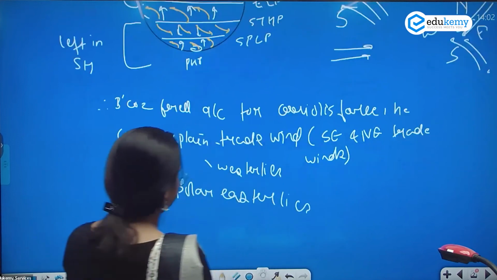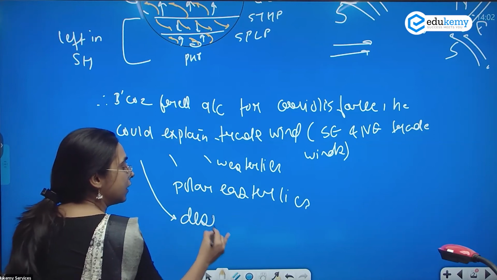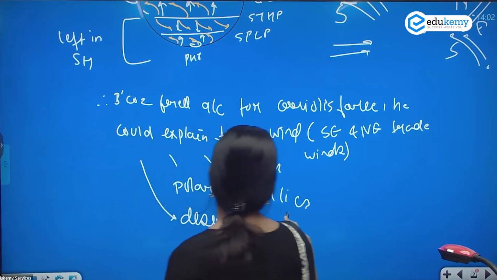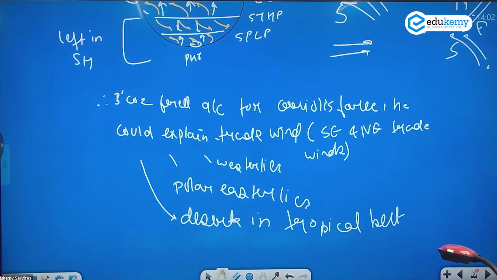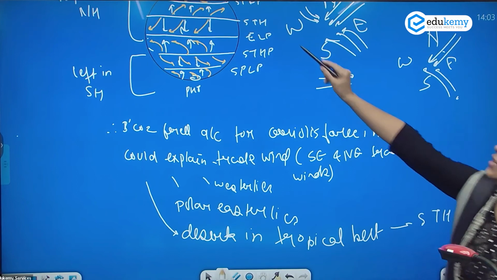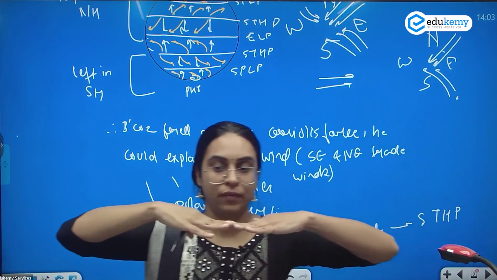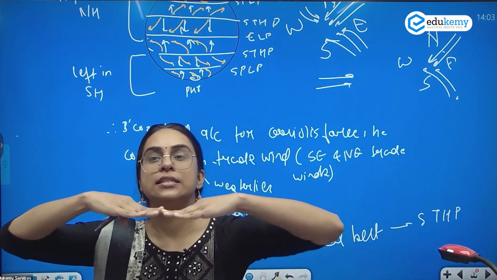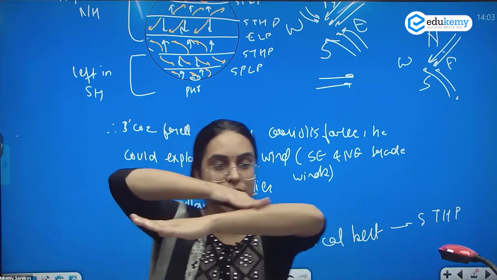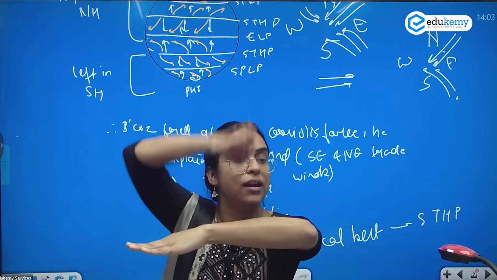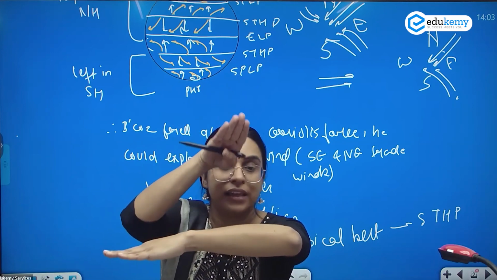Also, Ferrell could explain why there are deserts in the tropical belt. What do we have at tropics? At the tropics, we have subtropic high pressure. When there is high pressure on the surface, will the air rise or not? अगर equator पे low pressure होता है तो air rise करता है. पर already अगर surface पे high pressure है, तो air will not rise, the air will sink.